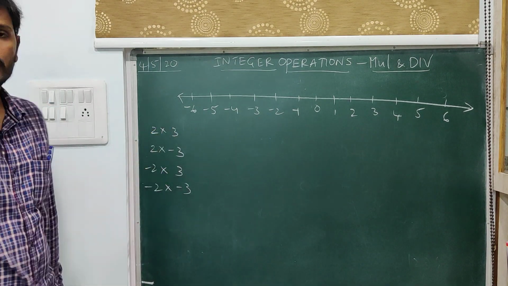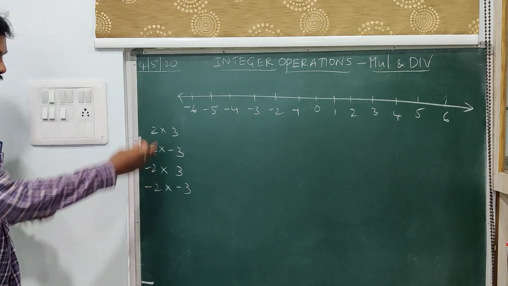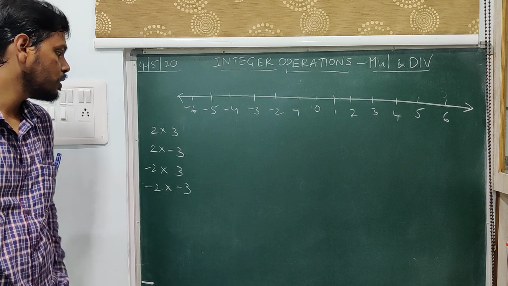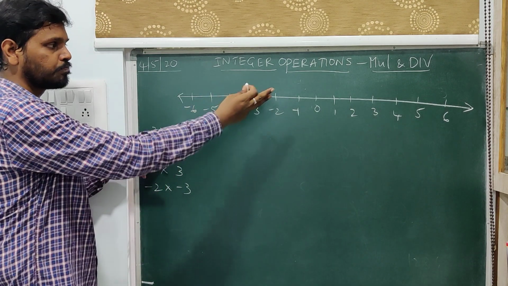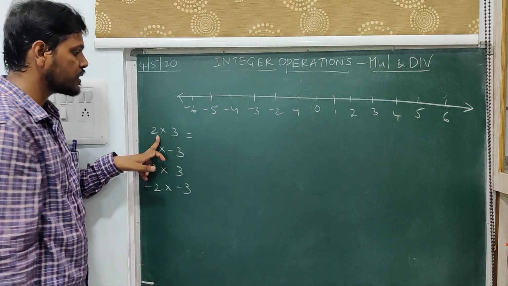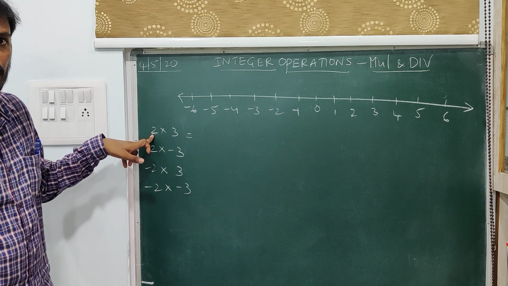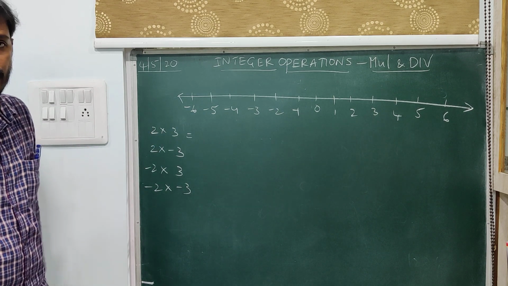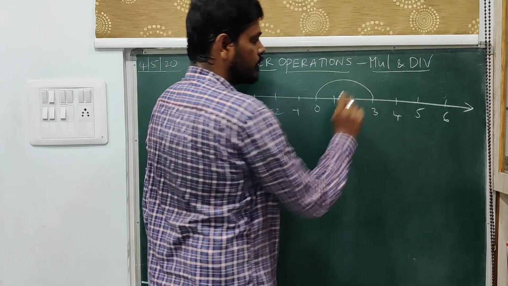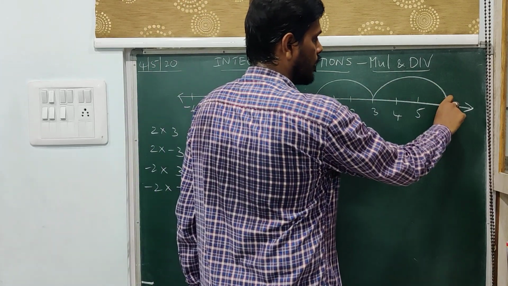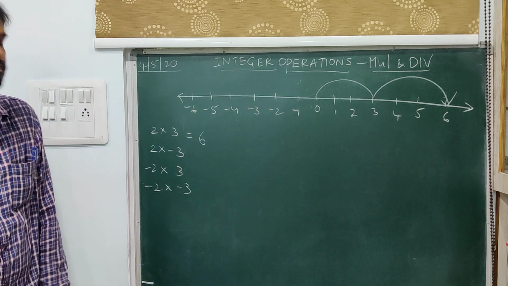So either both of them should be positive, both of them should be negative, or one is positive and the other is negative. So these are the four possible cases. Now in every case we try to arrive at the answer using this number line. So as we have discussed earlier, 2 into 3, that is 2 is a positive multiplier, which means that 3 is to be added 2 times to 0. So when you go about that, this is one time, this is another time. So you are left with 6.